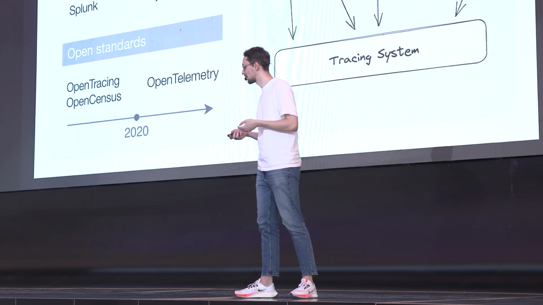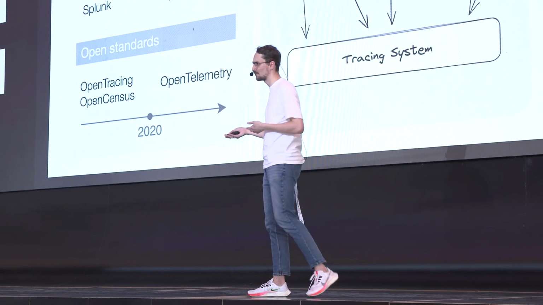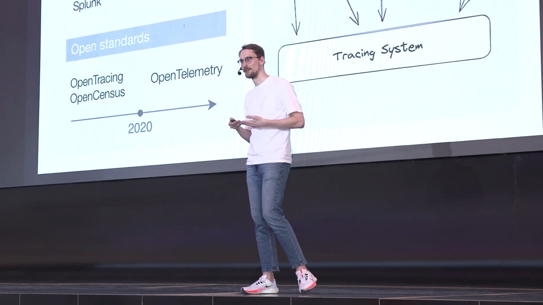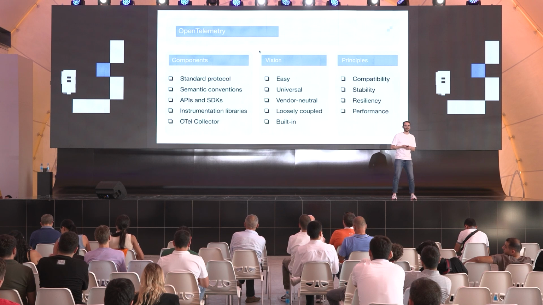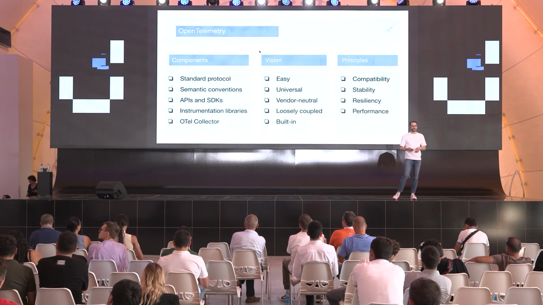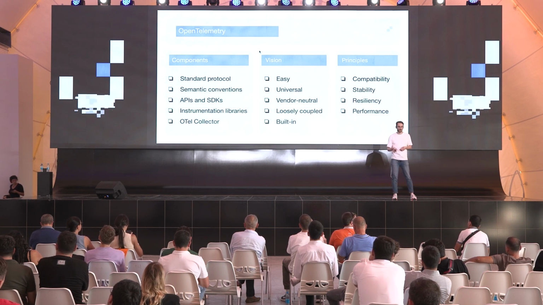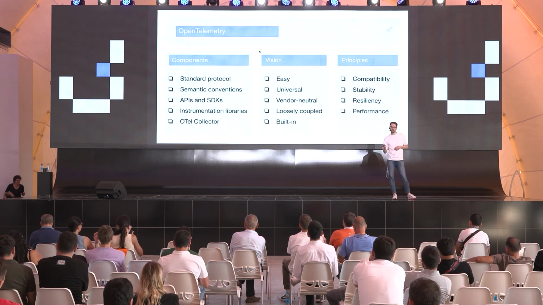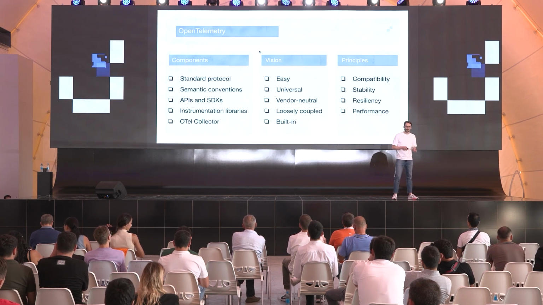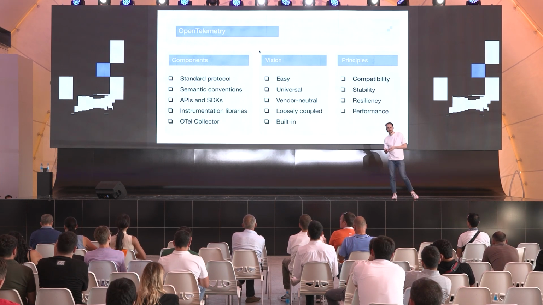Because of that uncertainty, it was decided that it is going to be better for two projects to merge into one, which came by the name of OpenTelemetry, which we are going to discuss today. So, OpenTelemetry is a Cloud Native Computing Foundation project. It is currently in incubating stage. It is the second fastest growing project based on submitted commits. The first one is, of course, Kubernetes.